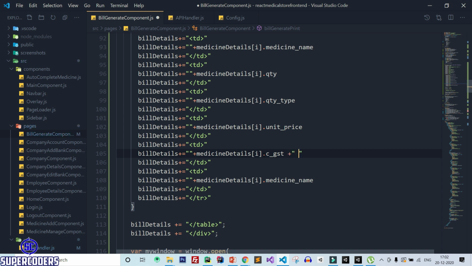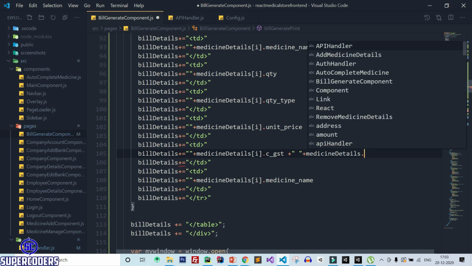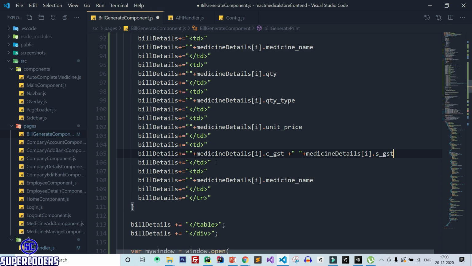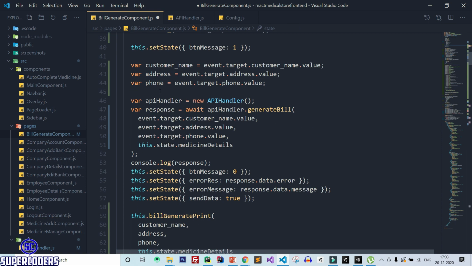So medicine details i dot as GST. Next is amount.